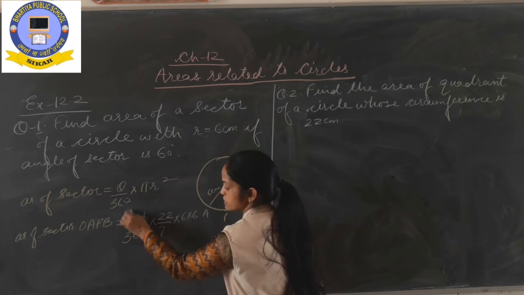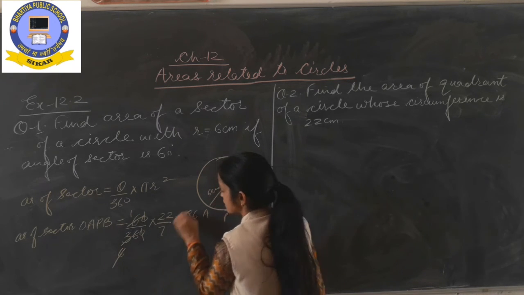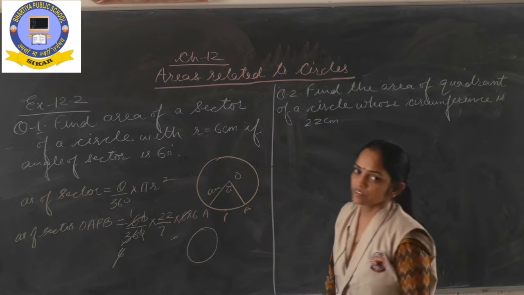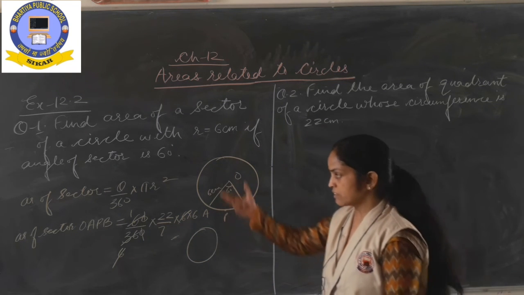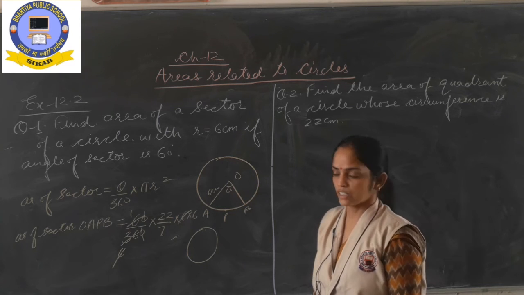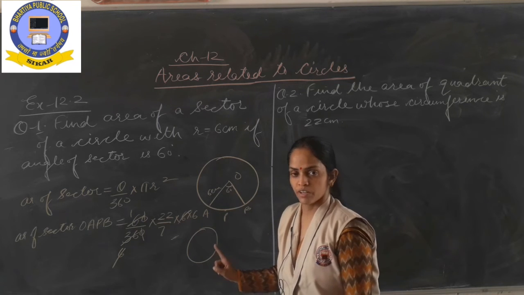It will be cancelled out, 6 minus 6, 6 6 are 36, it will be cancelled out. Now multiply, you will get the answer. That's it. So I think these are very simple questions, you can do them yourself. Calculations you will have to do yourself, right?